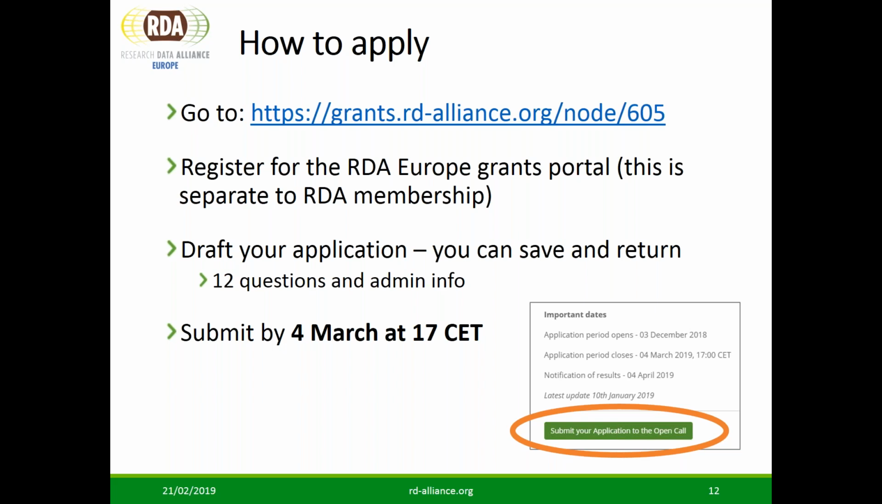And then you can draft your application in multiple stages. You can save and return to the form. There are only 12 questions, but some of those questions, obviously, are asking for your justification and your case and what impact you think you will have. So you might want to take time to reflect on those. But you can open up your application and come back to it and submit it closer to the deadline. The deadline is the 4th of March at 5 European time. And you'll see on the page, there's just a basic submit your application to the call button,